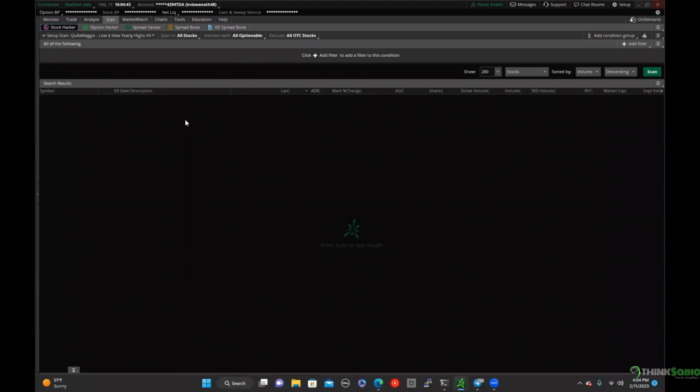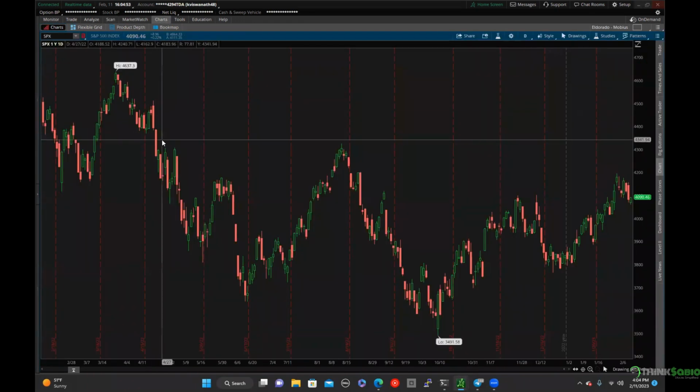This session, we are going to cover the scanning part within ThinkorSwim. In the last two sessions, we have covered the charts, candlesticks, and a couple of indicators, VWAP and moving averages and moving average crossovers. We also covered different types of moving averages and how they are different in terms of how they work. Simple moving average, exponential moving average, Hull moving average, and we also covered VWAP and who all